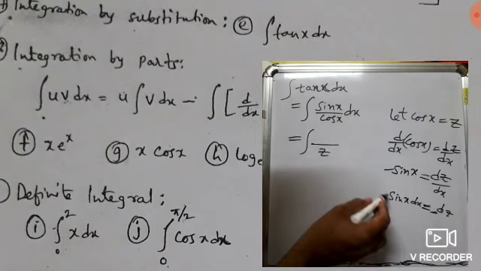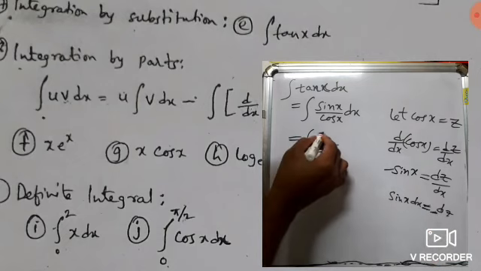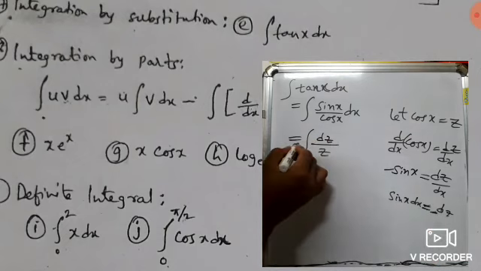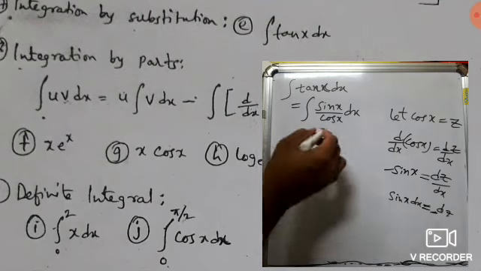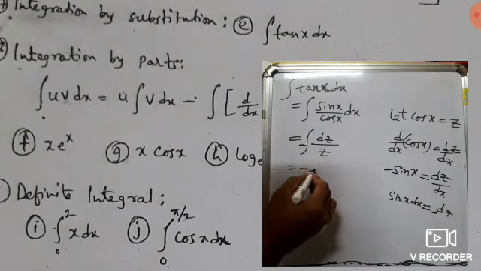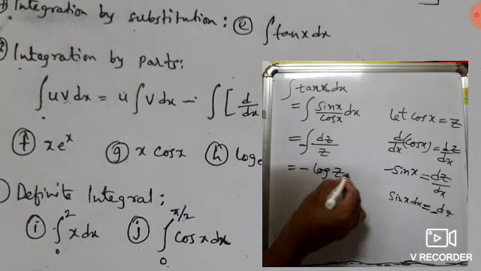And what is sin x dx? Sin x dx is equal to minus dz. So it will be minus dz, so minus dz by z. Now dx by x is what? Dx by x integration we get log x. So dz by z will be log z